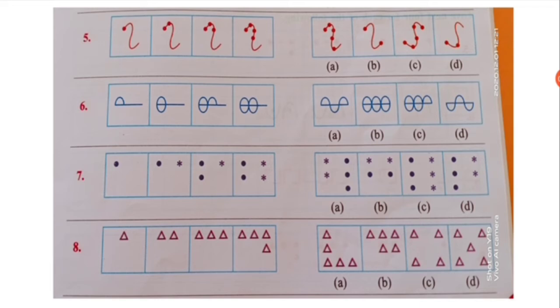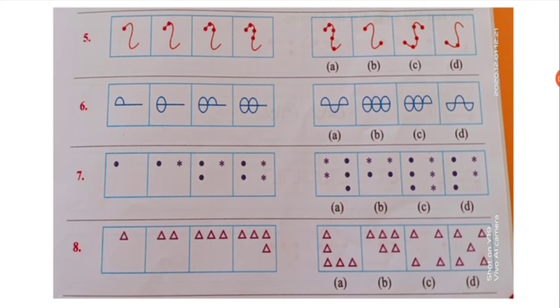So A cannot be matched because only one side half circle is shown. B also cannot be matched because already in the fourth square we have got 2 circles. So we are going slowly, showing the growing pattern slowly. Okay, so B is also not the correct answer, and D is also not correct. Then C is our correct option.